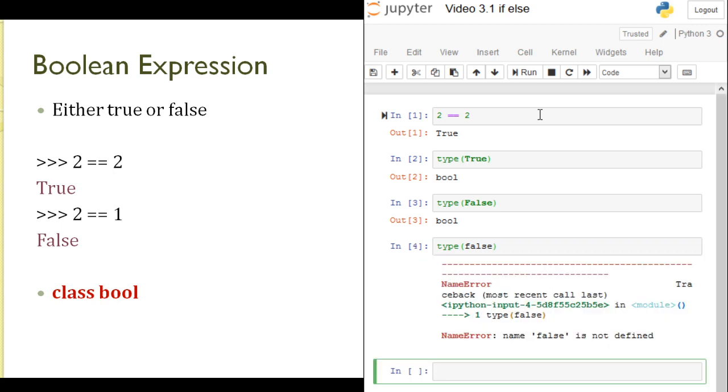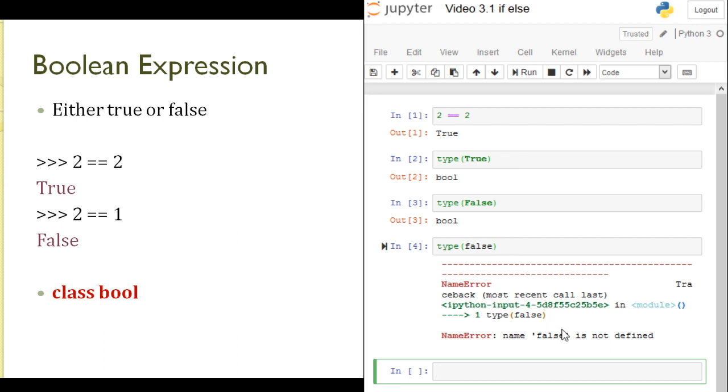Here it's an error. And the error shows, focus on the line, the error name is Traceback, meaning you need to check your code again, and the line number 1, type false. So this is the only line in the code, and NameError shows name 'false' is not defined. It generally means the keyword which I am using is not defined in Python or in my earlier code. So here this is not known to Python.